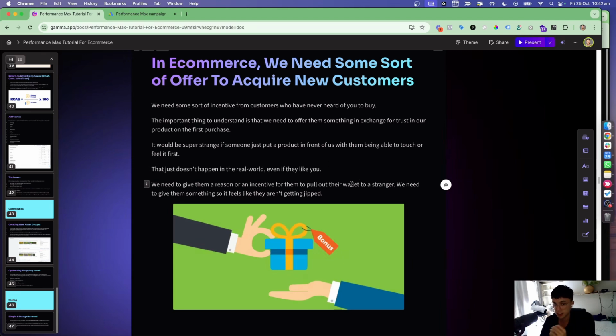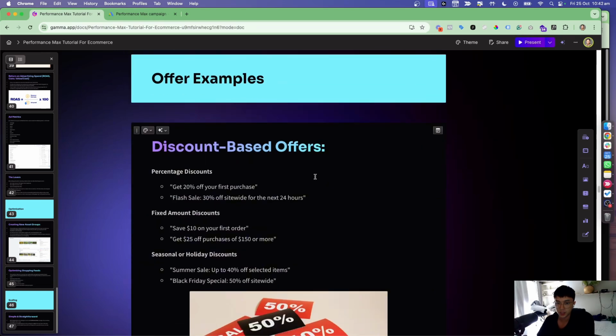If they can't really feel or touch the product, they don't usually purchase. They need to test it in some sort of way, or there needs to be some sort of social proof or incentive. So we need to give them a reason, an incentive, to open their wallet. So these are some offer